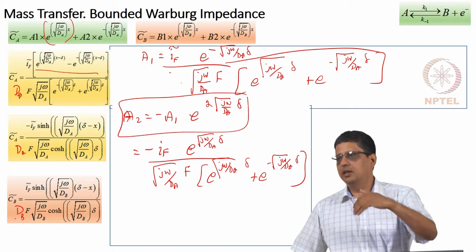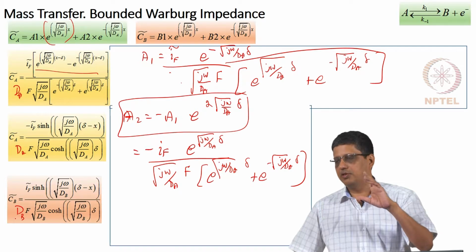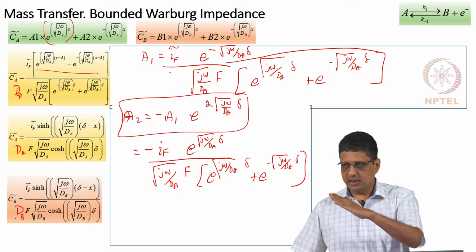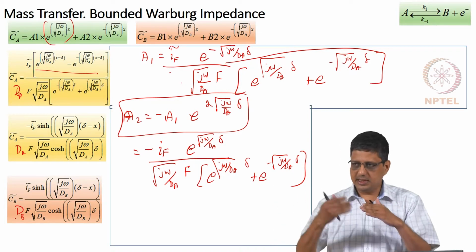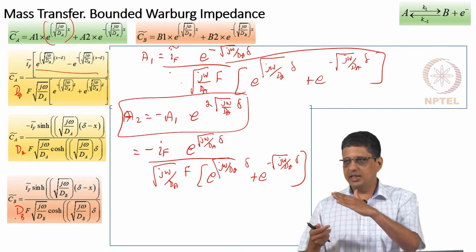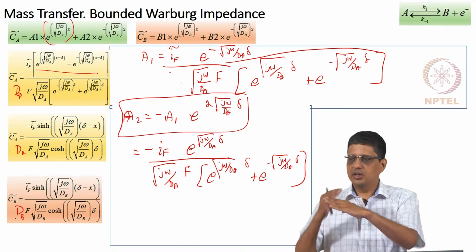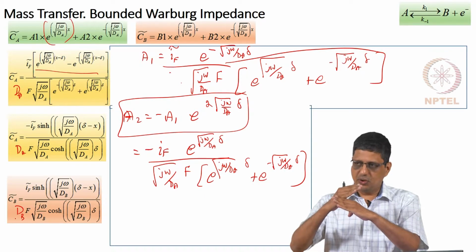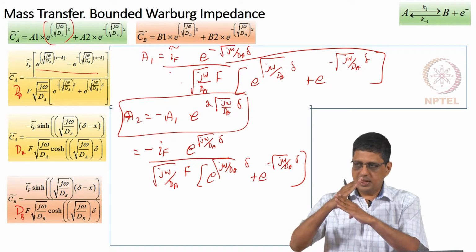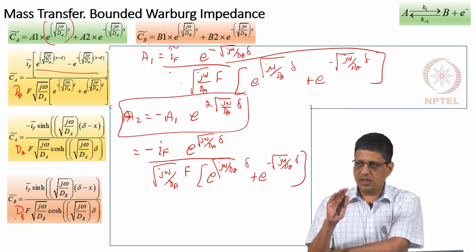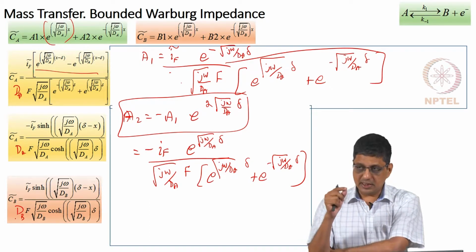So when the diffusivities of A and B are equal, A will get consumed and its concentration will go down, but it will not go to 0 because A is coming in at a particular rate. Let us take only steady state conditions. The concentration of B will also build up, but if B's diffusivity is slow, it will build up more. Net, 1 mole of A will give you 1 mole of B, there is no doubt about that, but the concentration of A plus B need not be a constant,